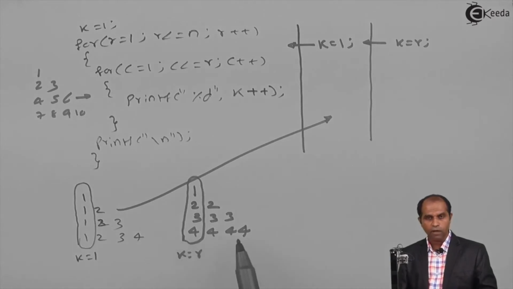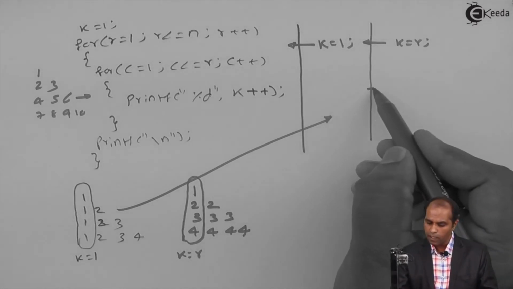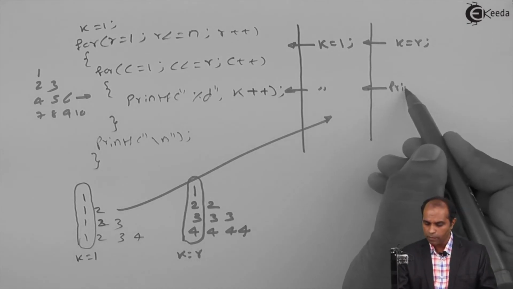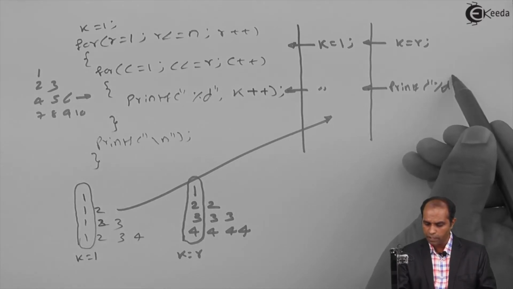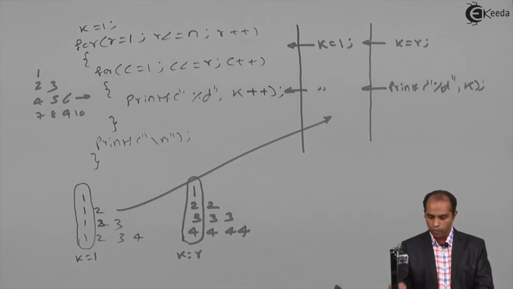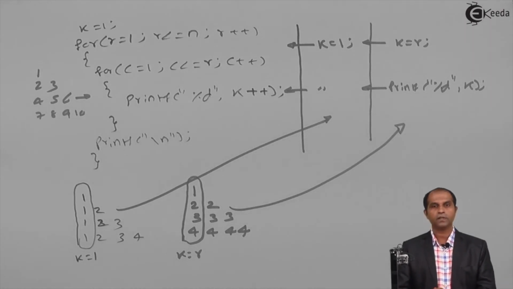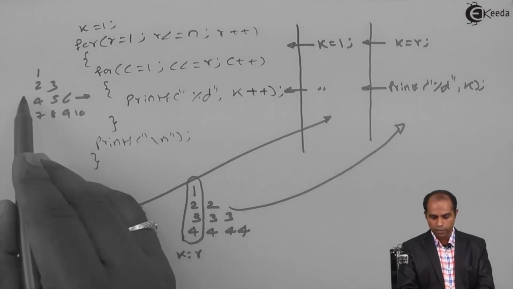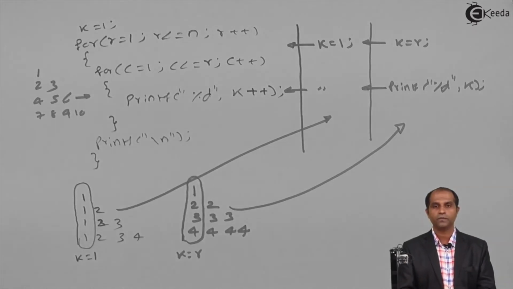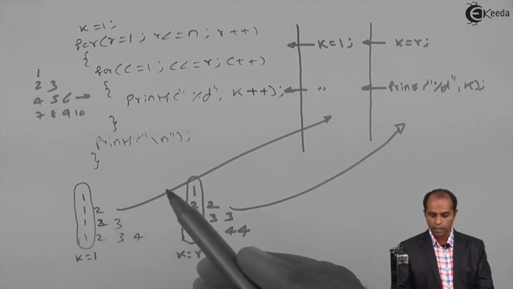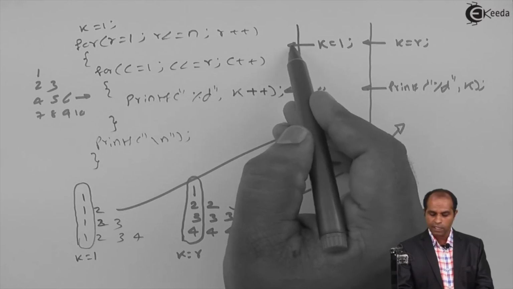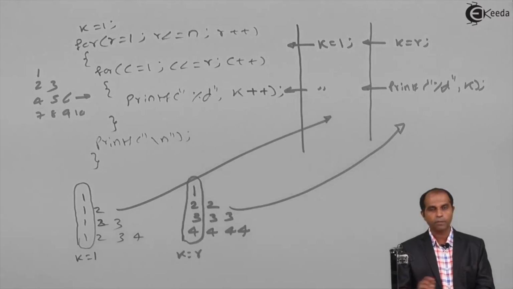Now should I change the value of k or keep the value as it is? In the earlier case it was printf k plus plus, but in this case I'll say printf percentage d comma k. The value of k has to be kept as it is. So the third program is going to be in this fashion. The first program which we discussed was printing all of the contents in a different fashion, with printf k plus plus. If every row is going to start with 1 and keeps on incrementing, then set k equals 1 sandwiched between r and c, and printf k plus plus.